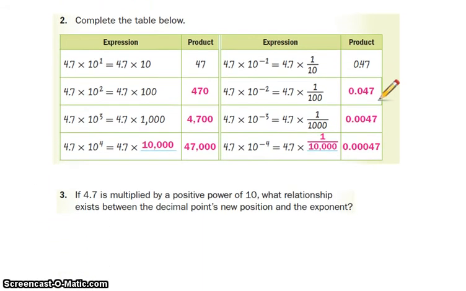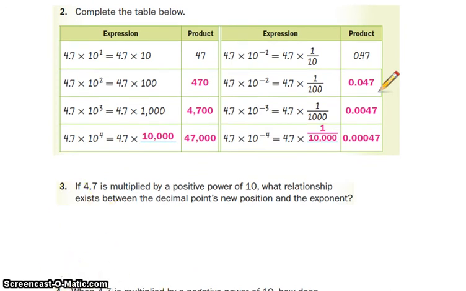So the first question asks us, if 4.7 is multiplied by a positive power of 10, what relationship exists between the decimal point's new position and the exponent? Well, look, we started at 4.7 and we multiplied by 10. So the decimal went to the back. The decimal point is actually right here. If we took 4.7 and multiplied it by 100, the decimal point's here. We moved it 2 places. Multiplied by 1,000,